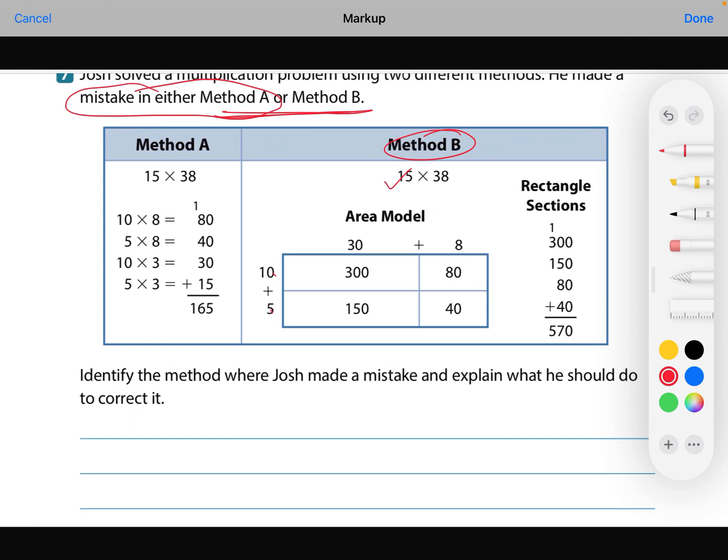10 and 5, yep. 30 and 8, yep. 10 times 30, 300, yep. 10 times 8, 80, yep. 5 times 30, 150, yep. 5 times 8, 40, yep. And then we have all the same numbers. That should be right. When I look over here, and he did this method,